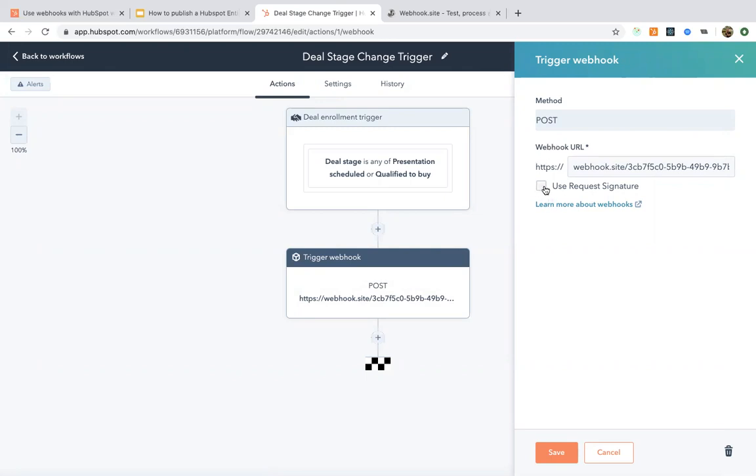If I want to use the request signature so that it is an authorized request coming onto my webhook, so that I can validate and only then process, then I have to create an app using a developer account of HubSpot. Once I create the app, I will get a secret, which it will use when sending in one of its headers.